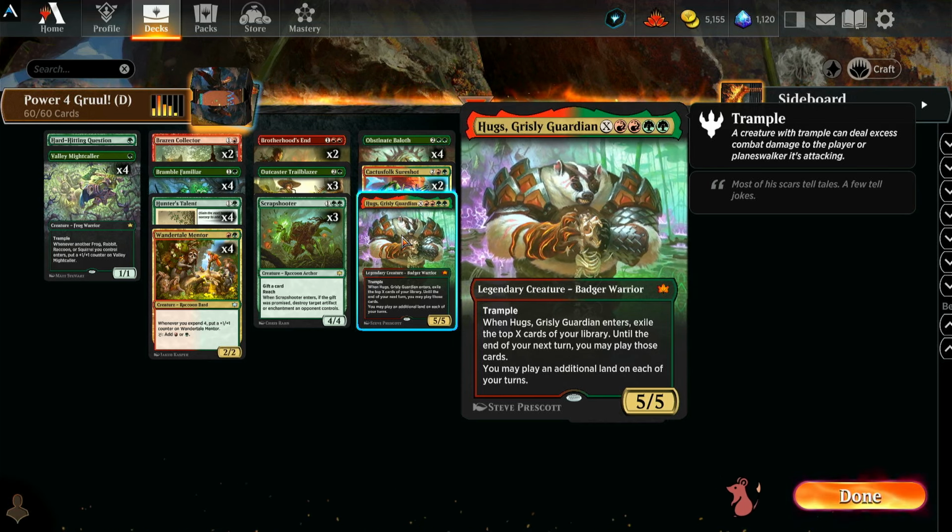Also here on the top end, we have a couple Dragonhawk, Fate's Tempest. 5 mana, 5/5, flying. It is a legendary creature, bird dragon. So whenever Dragonhawk enters or attacks, you exile the top X cards of your library, where X is the number of creatures you control with power 4 or greater, of course, right? Now, you may play those cards until the end of your next end step. At the beginning of your next end step, Dragonhawk deals 2 damage to each opponent for each of those cards